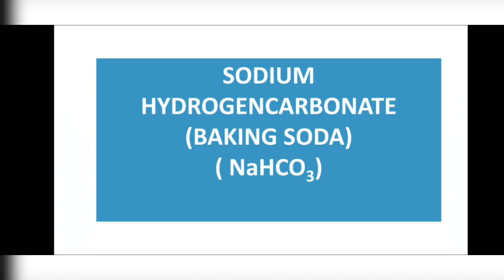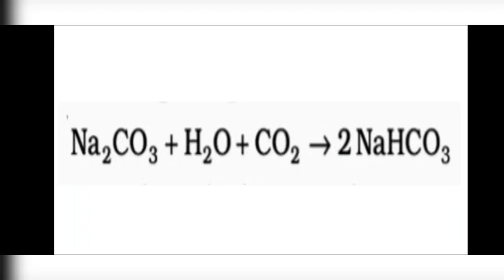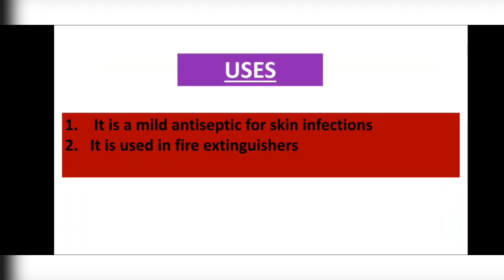Sodium bicarbonate is prepared from sodium carbonate. When sodium carbonate is saturated with carbon dioxide and water, you will get a white crystalline powder of sodium bicarbonate. It is less soluble, so it will get separated out. You can see the reaction here: sodium carbonate, when treated with H2O and carbon dioxide gas, gives sodium bicarbonate. If you consider the uses, it is a mild antiseptic for skin infections,